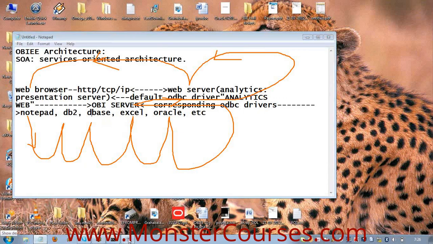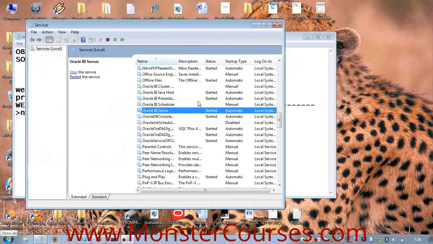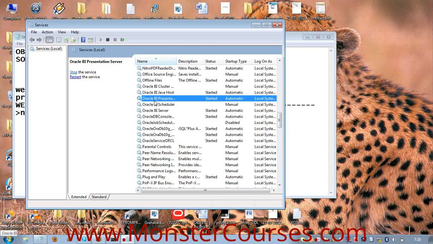Now if you go back to the services here, you know what is Oracle BI server. It is the heart of the OBIEE application. This is the main server, the main data processing center. Next, Oracle BI presentation server. It is also called a web server, and it is used to present the data to the end users. Without the presentation server, data cannot be presented. Okay? Next,